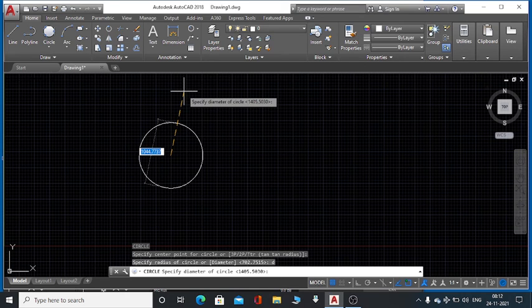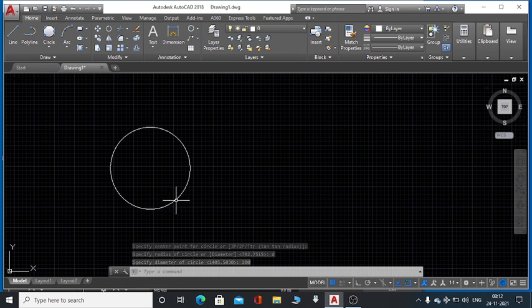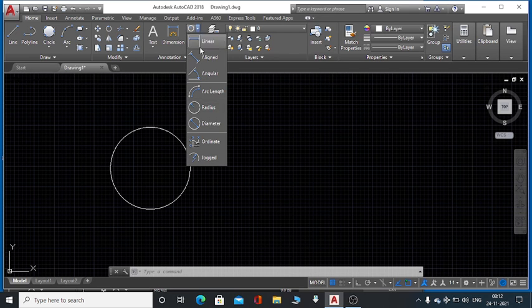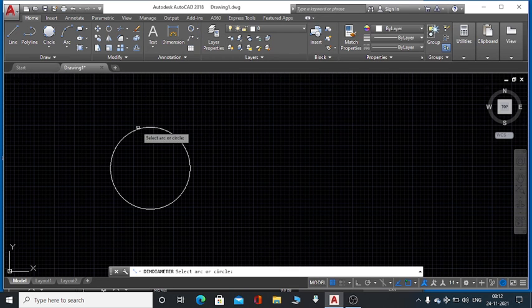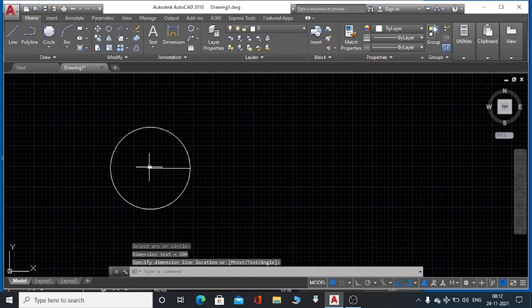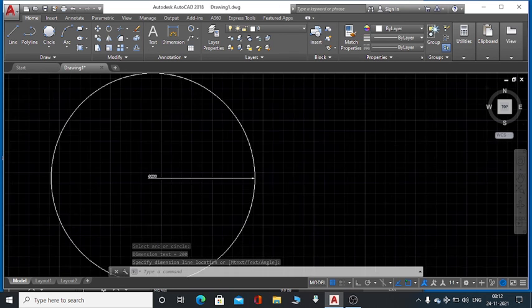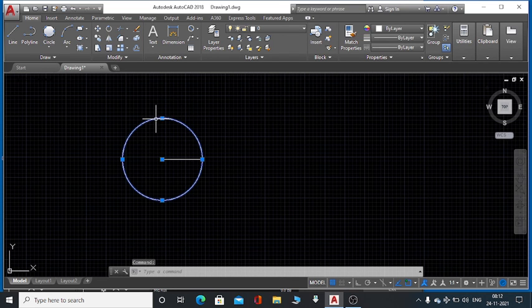Suppose I want the diameter of the circle to be 200, enter. Okay, now I can check here by diameter. The diameter is 200. Okay, delete this one.